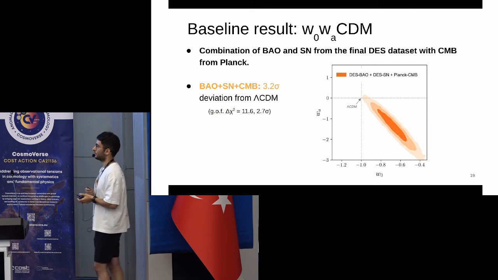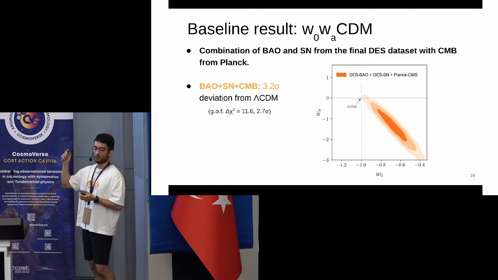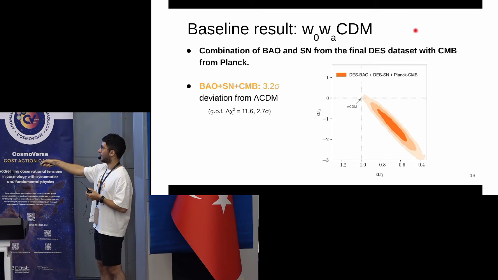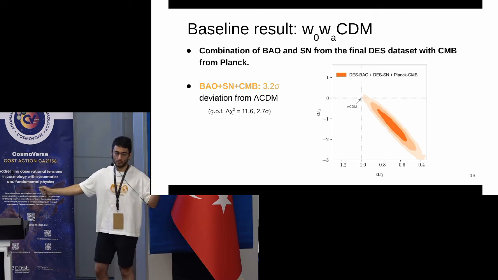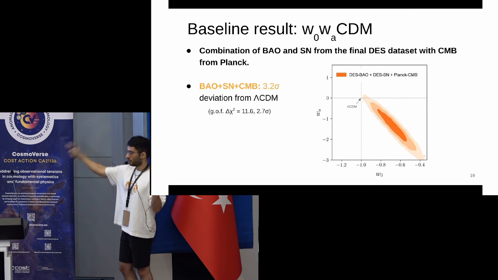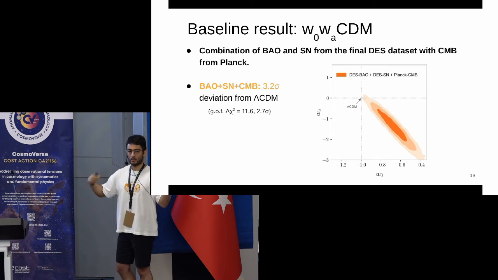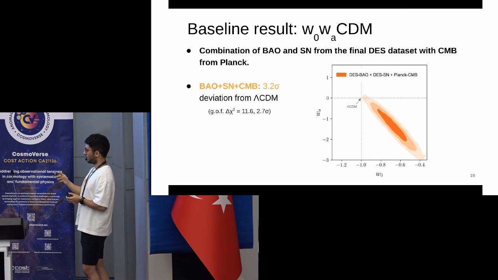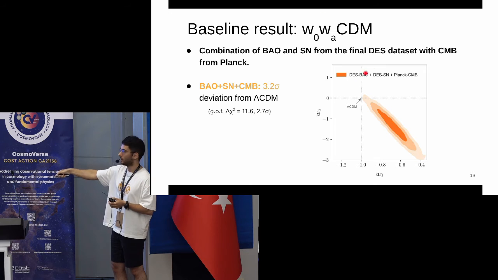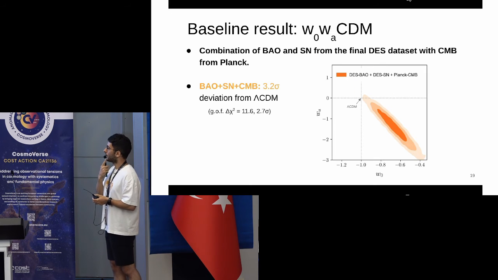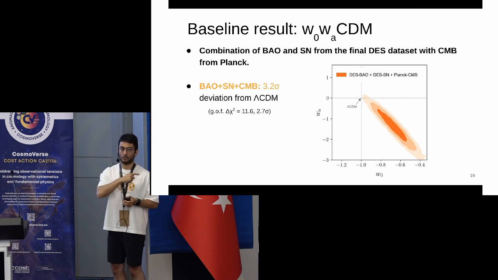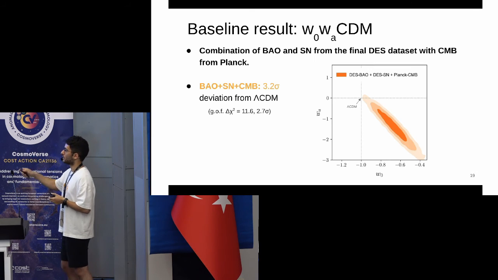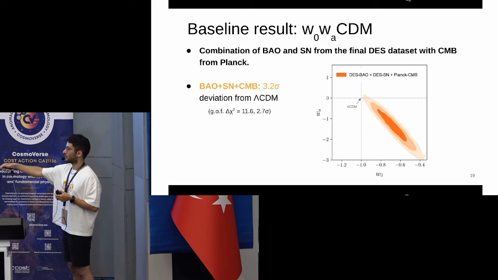So just to summarize, this is our baseline result, which is, again, the combination of BAO, Supernova, and CMB. Again, this is the final DES BAO and Supernova analysis. That's why we wanted to do this, to have a view of what DES can tell about the expansion history. And our result is a 3.2 sigma deviation from Lambda CDM. In this plot, I'm also showing the 3 sigma contour. And if we do similarly to what DESI does, and we quote the sigmas from the delta chi-squared of the maximum a posteriori between the two chains, we get around 2.7 sigma preference for W0 WA, which is consistent with our tension metric.